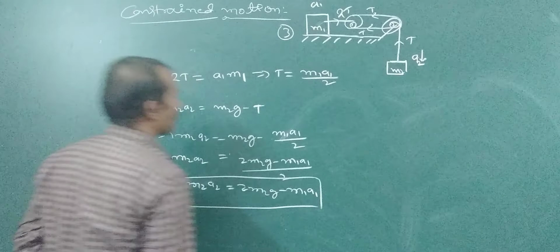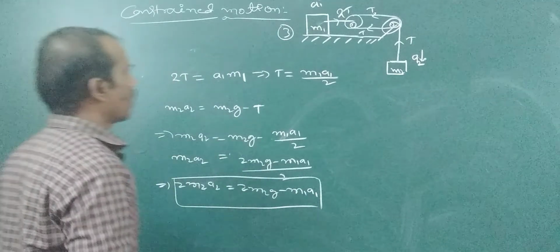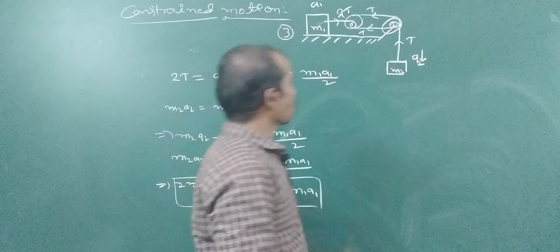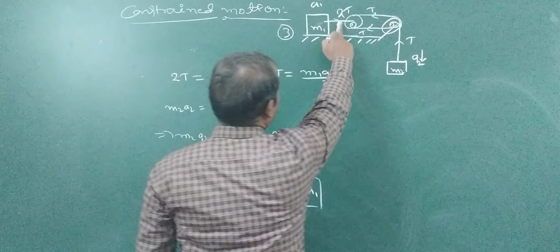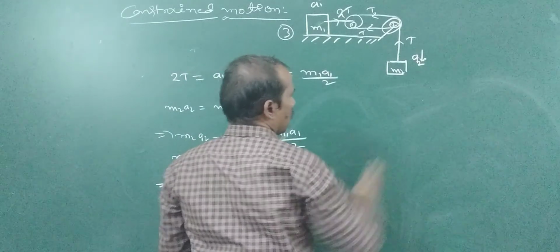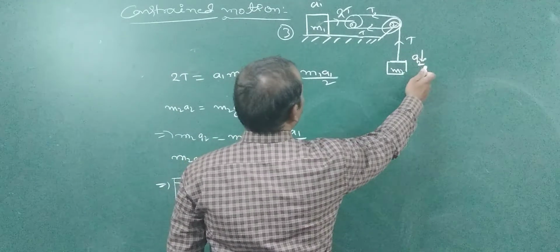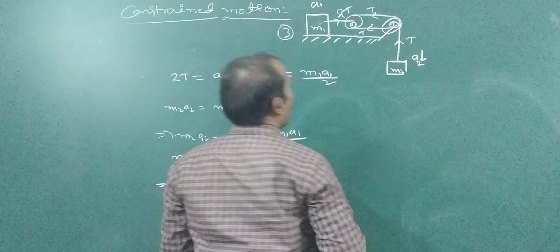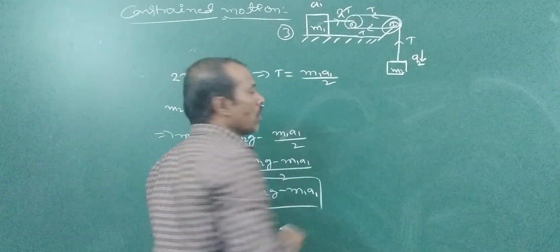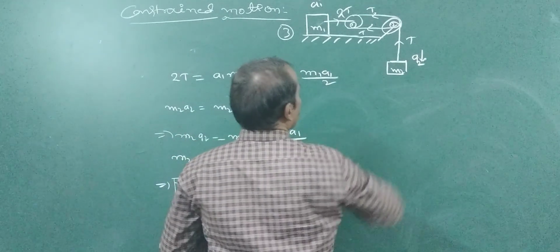So the acceleration of the blocks: a2 is equal to 2 a1, a2 is equal to